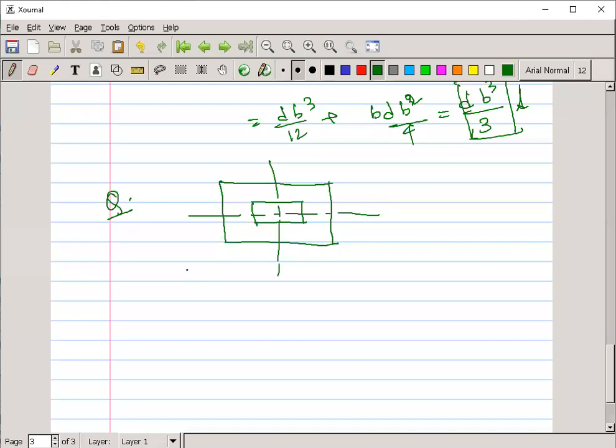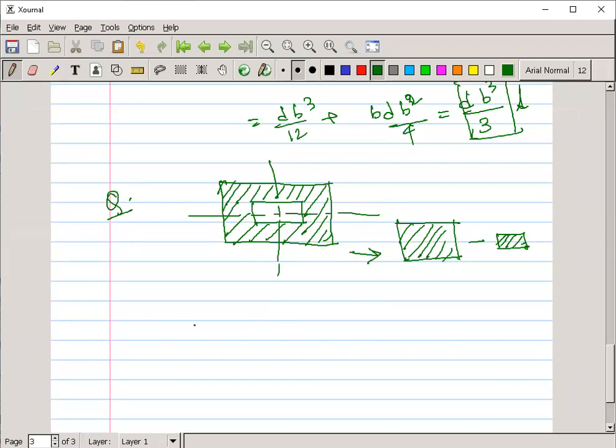Okay, I said it. See, this is your hollow section, and this is the solid section actually. So, if this is your solid section, then to solve this type of problem, first divide this one into two different parts. This is your solid, then minus this is also solid. So if you subtract this section from this solid section, automatically you will get this one.